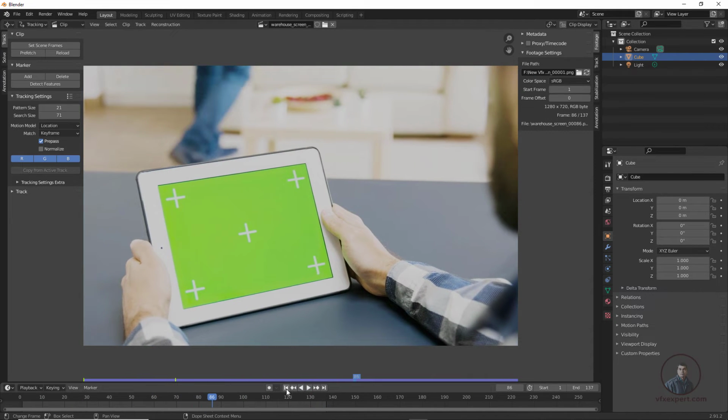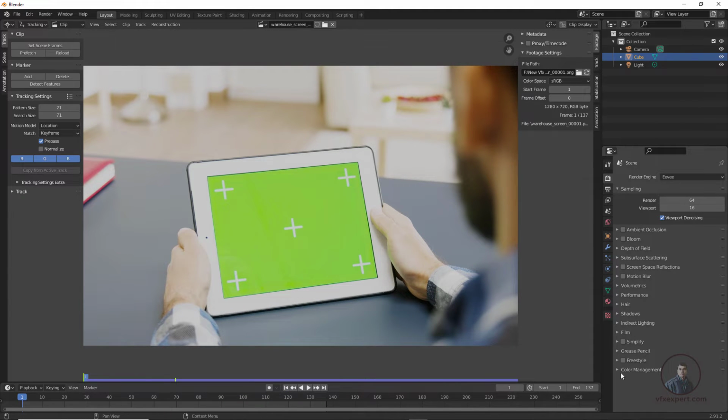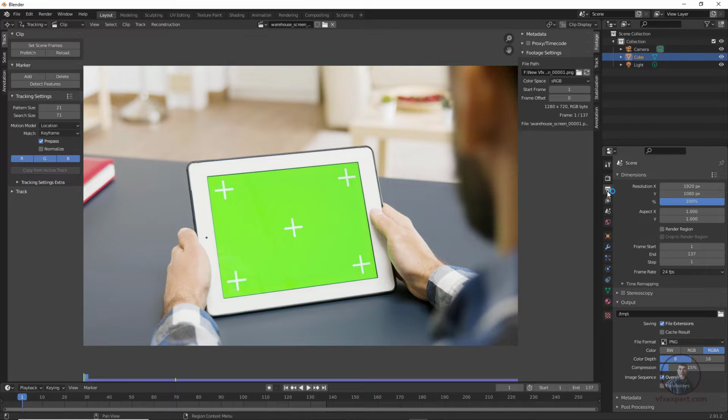So again simply click it here. Before starting tracking all these things, click on the render properties and downside in the color management, view transform, we have to select standard. So this actually shows you the exact footage as you have. So again this is important, and here if you want you can check. So this is our footage information, 1280 by 720, and again in output properties we also have to define for compositing. So 1280 by 720. The frame size we have to define according to our footage here.